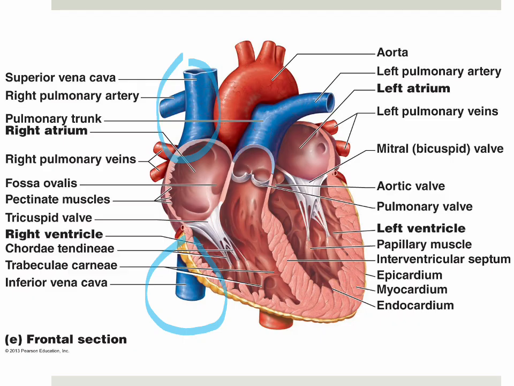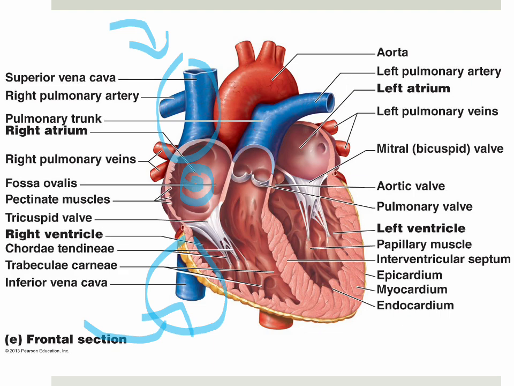They are the superior vena cava and the inferior vena cava. Okay, so these guys are coming from the body to the heart. The superior is the upper extremities, the inferior is the lower extremities. They have venous blood, meaning low in oxygen, and they're going to come to this little chamber here known as